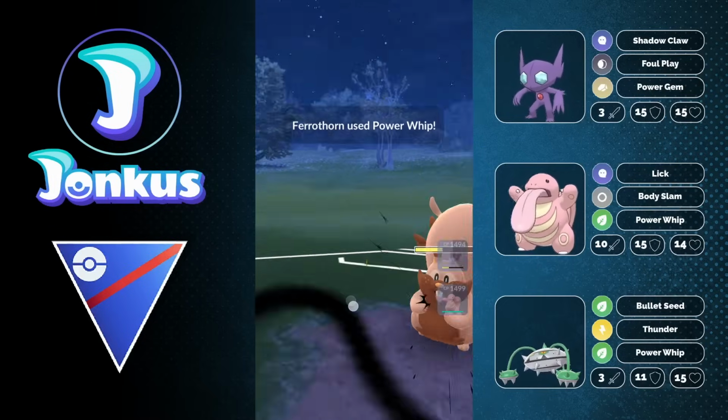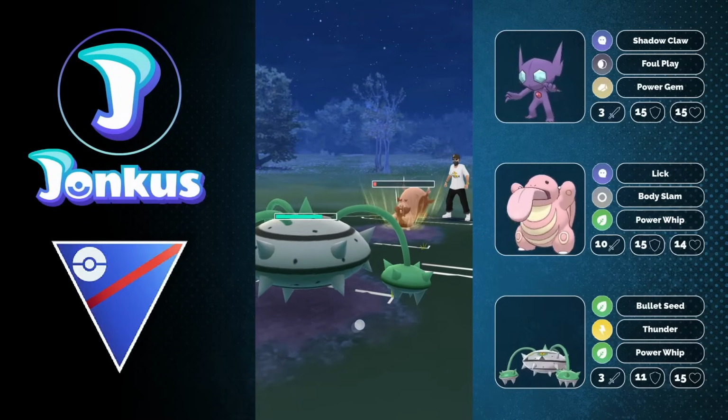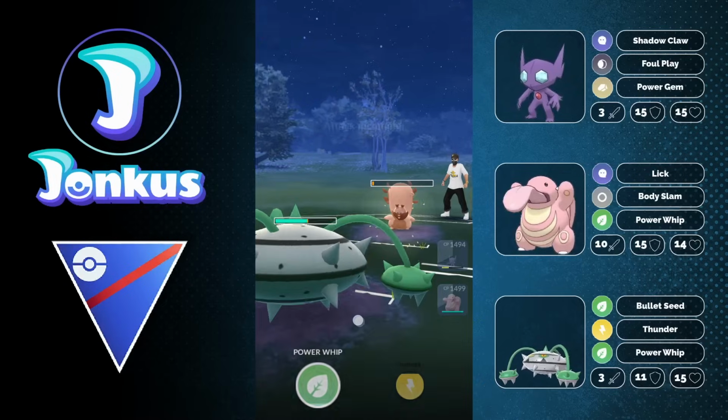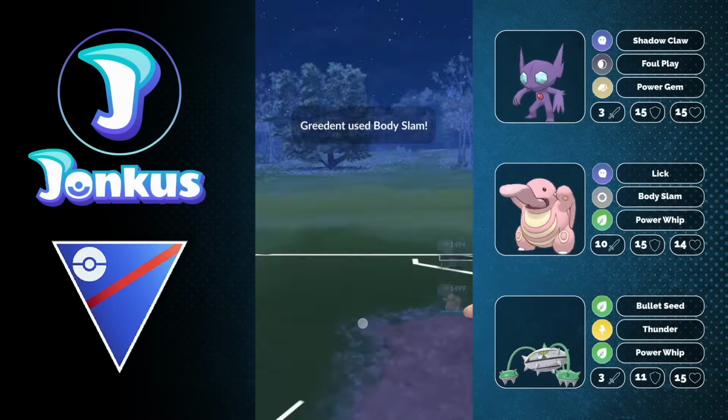Body Slam is going to be resisted, Trailblaze is double resisted, and they know this as well, and so we can go for the full farm down against the opponent. In comes the Body Slam. We're just gonna go for the Bullet Seed down. We're gonna get as much energy as possible. We don't really care too much about any of the damage that is coming in here,